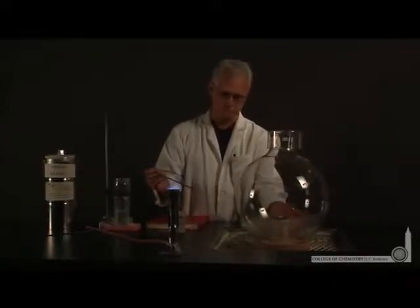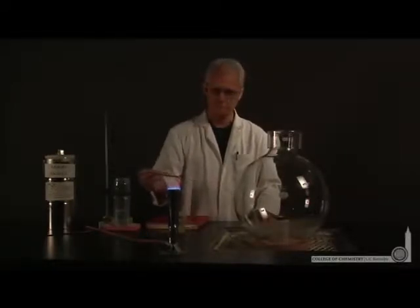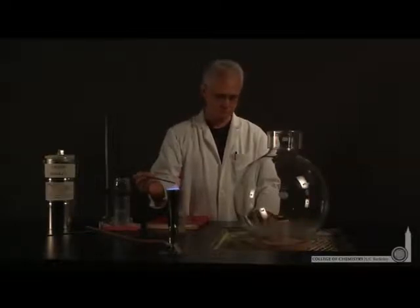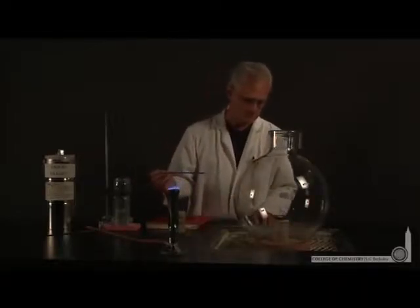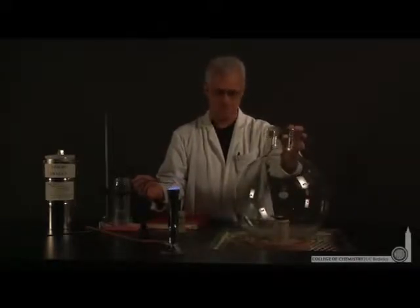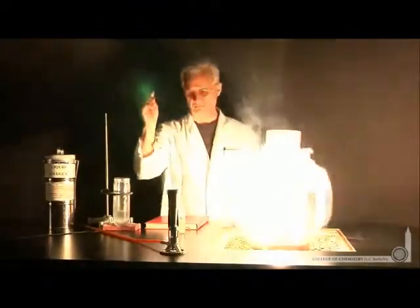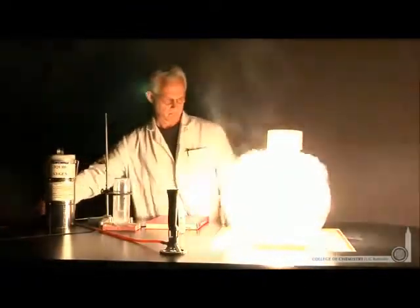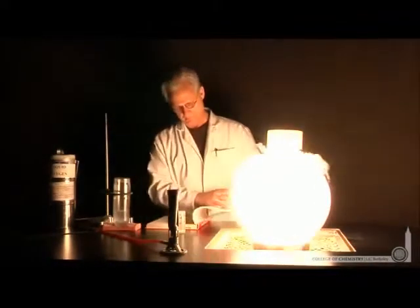Lonnie's waiting for all the oxygen to evaporate, and when it does, he'll warm an iron rod and touch the phosphorus to initiate the reaction. Looks like he's ready to do that. Here's a warm iron rod that he'll touch to the solid phosphorus. When he initiates the reaction, you'll see a tremendous amount of energy released as the phosphorus oxide is formed, and the energy is released in the form of bright light,